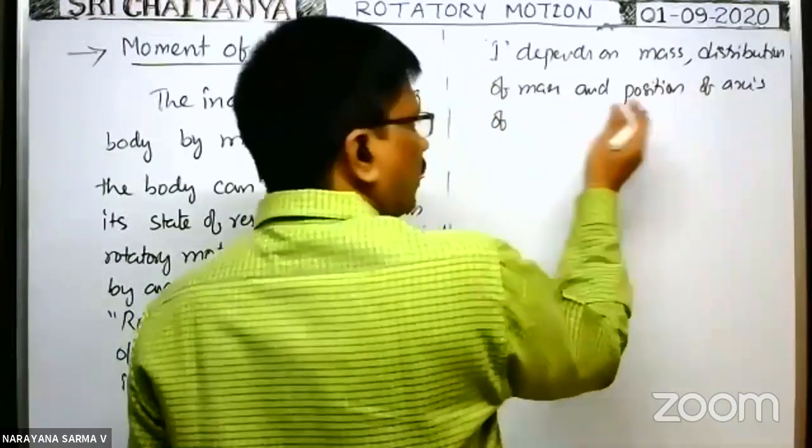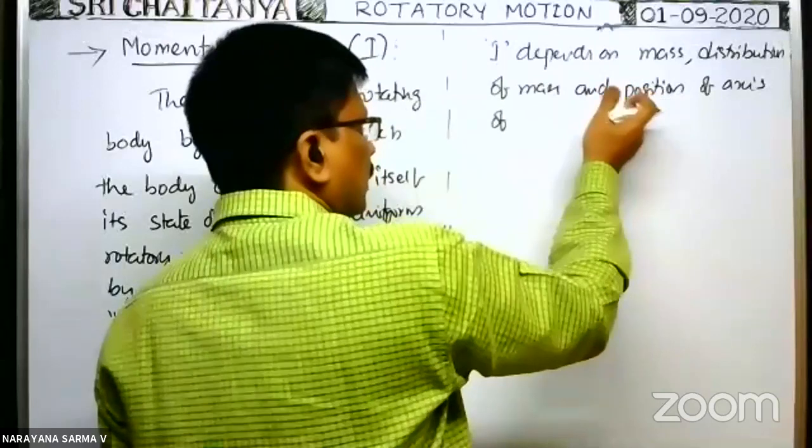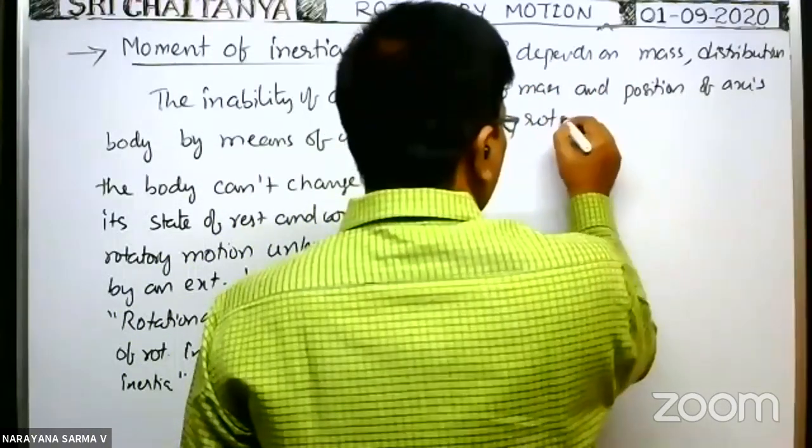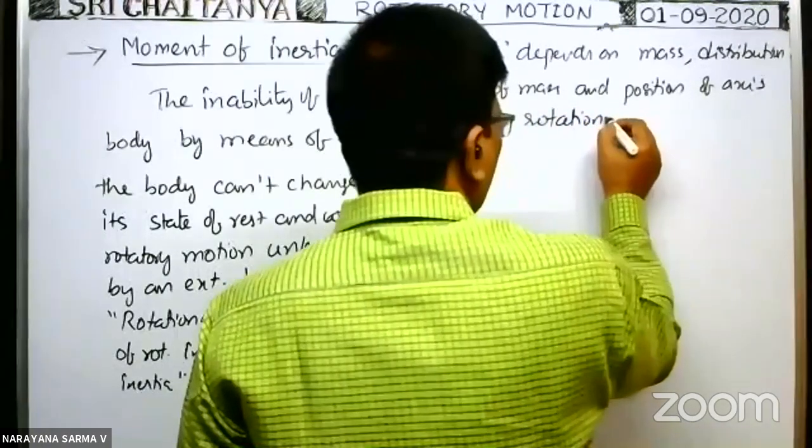About which axis the body rotates. Based on that position of axis of rotation, moment of inertia also depends. Position of axis of rotation. So these are the factors mainly on which the